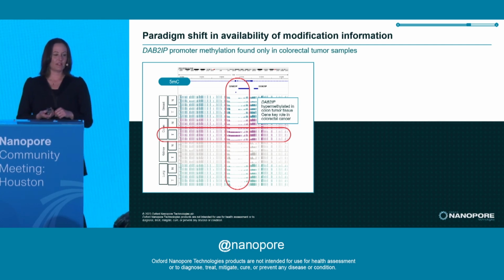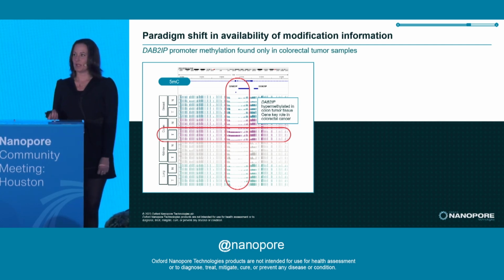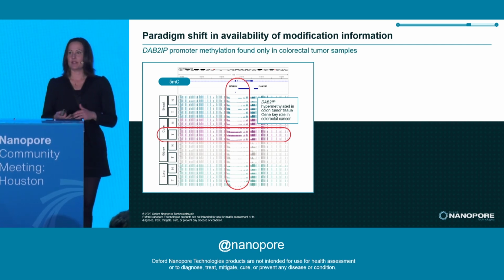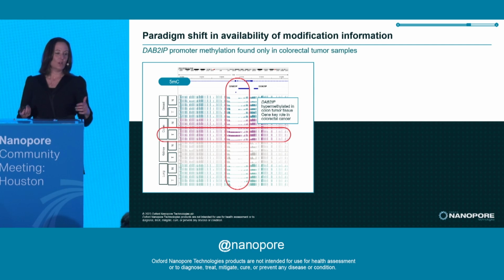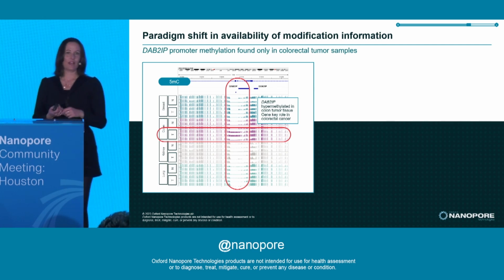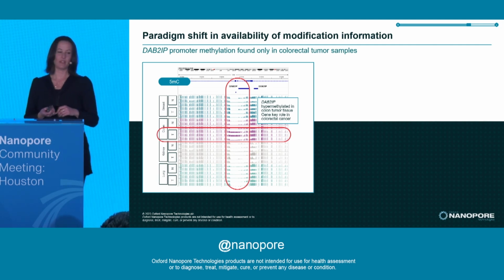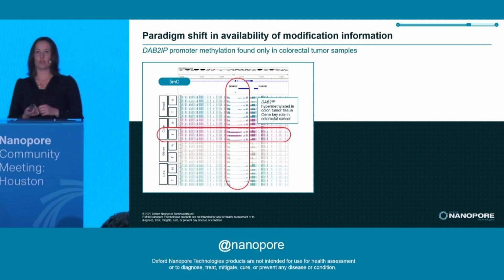And so this is hypermethylation around the DAB2IP promoter. Because we did this unbiased without any assumptions about what we would find, we didn't really know what that meant. But after reading some literature on it, we found that this gene plays a key role in colorectal cancer. Now, normally with cancers, or often with cancers, you can have a lot of different levels of duplications